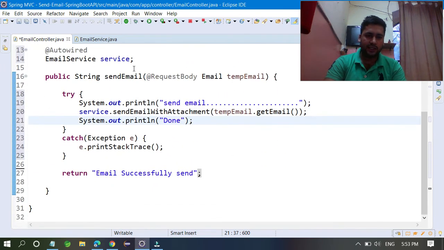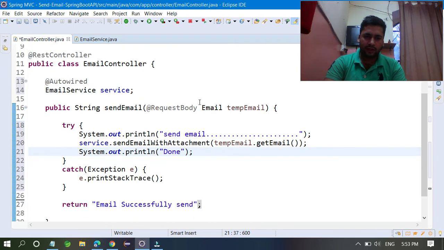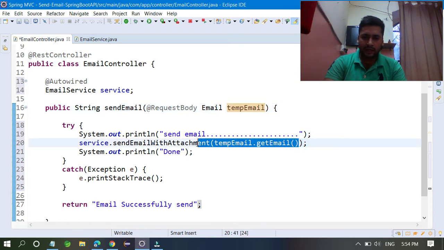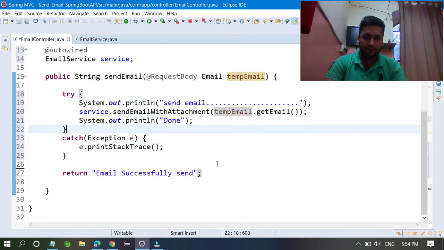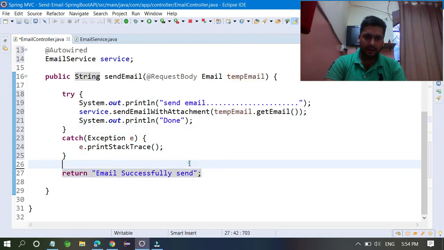So this is the controller, and the controller will do like this: whenever you request with one email ID, it will take the email and store this temp email in this module class, and just try to call service dot send email with attachment. So this is the email ID, and we are going to send, and whenever it sends, it returns email successfully sent. That's it.